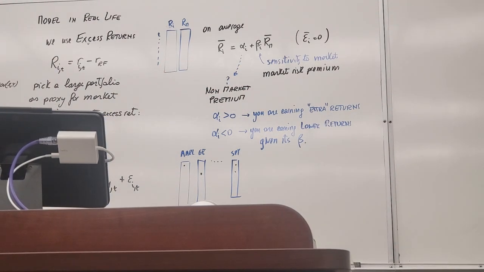And then if you want to estimate covariances, all you need to do is multiply the betas, which is much more computationally efficient than matching each individual stock with every other one and calculating